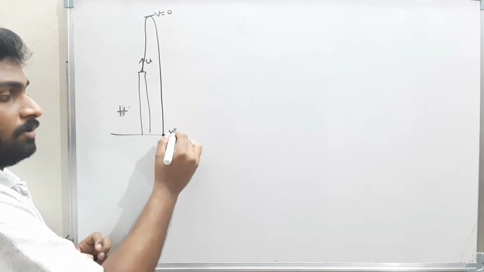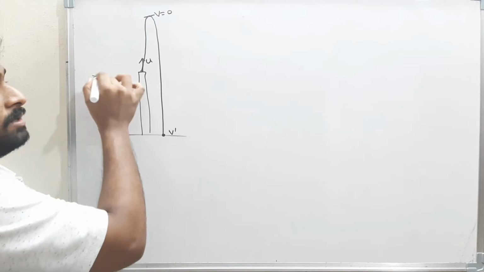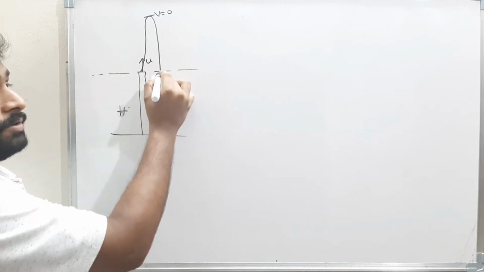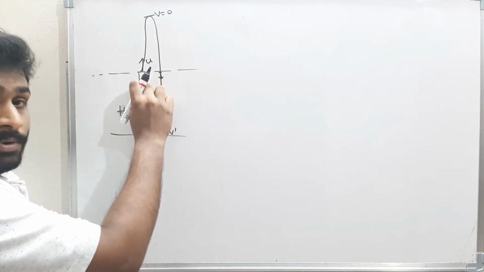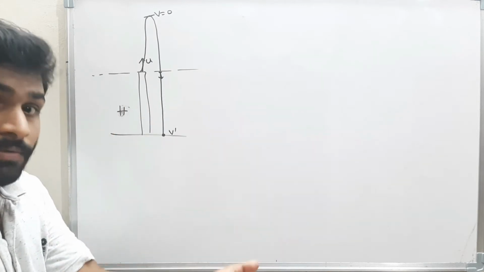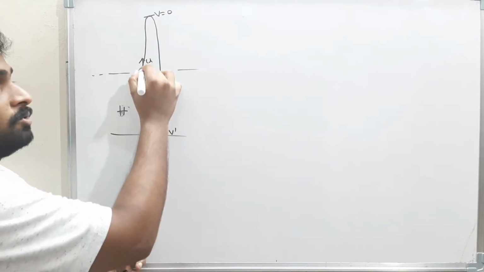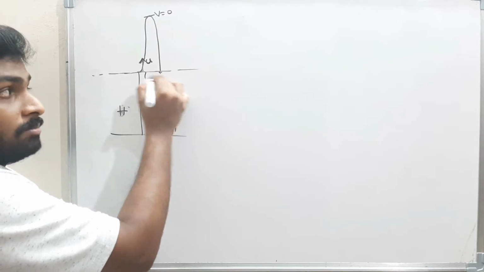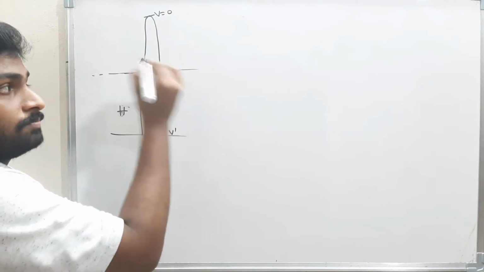And here, this reference line, what is the velocity? The body will cross this reference line with a velocity. What is this? I told in the previous problem, with what velocity I projected, I will catch the body with the same velocity. That means if the body is moving up with a velocity u, the body will cross that reference line with the same velocity u.